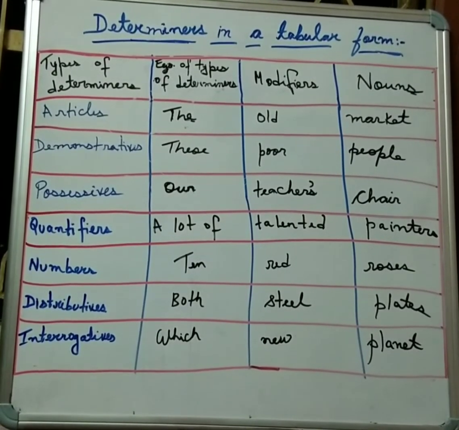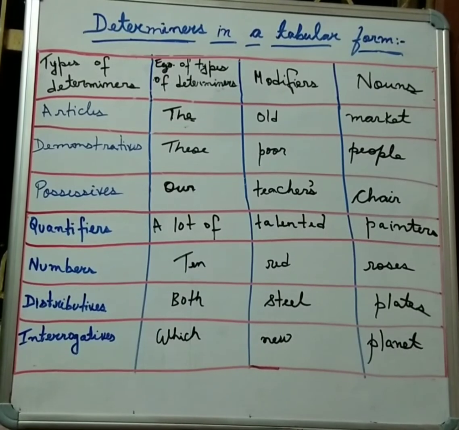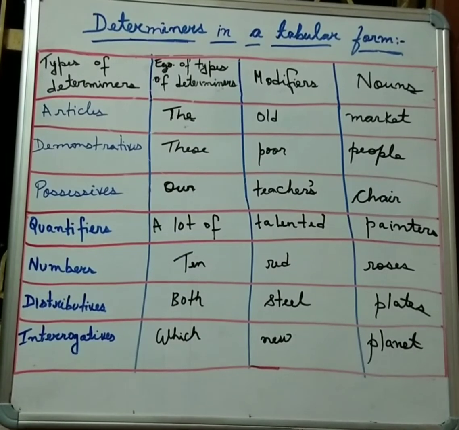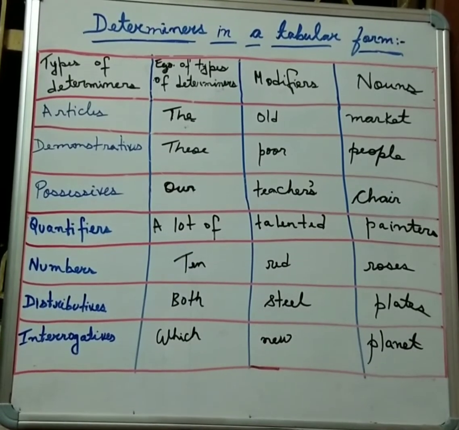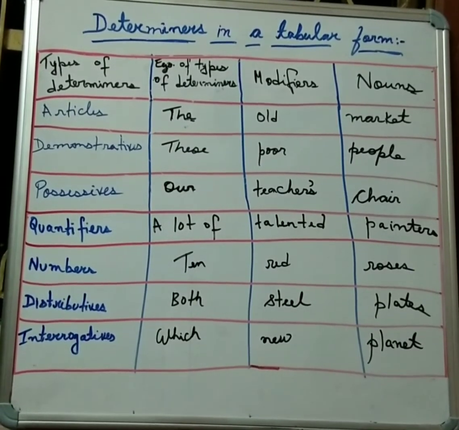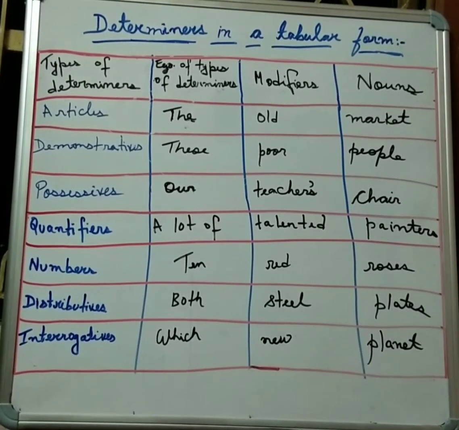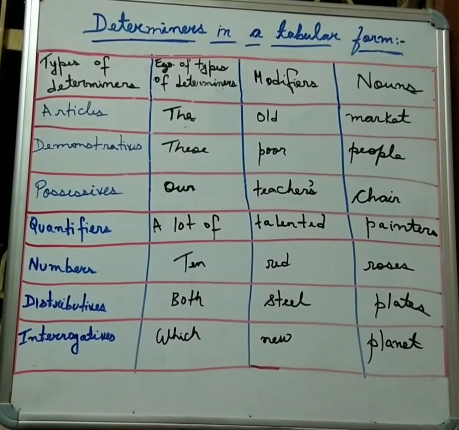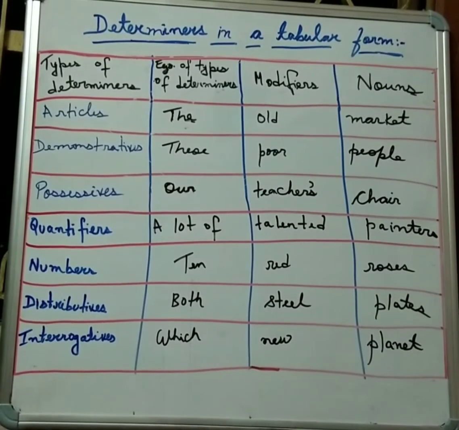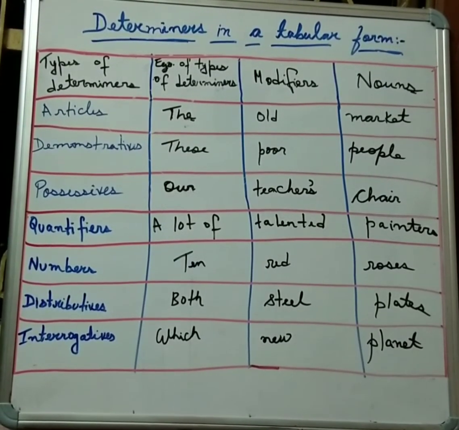Coming to the next, numbers. 10 red roses. So this is a specific number, 10. I taught you in my earlier classes, 10 is a cardinal number and we can count it also, that's why it is cardinal. So what is the modifier here? Red. Red is a color. Always all the colors will be adjectives. How many roses? 10. Here roses is a plural noun. And when we want to ask a question, what kind of rose? Red rose. So the word red is modifying the plural noun roses. And how many? Exact number, 10.